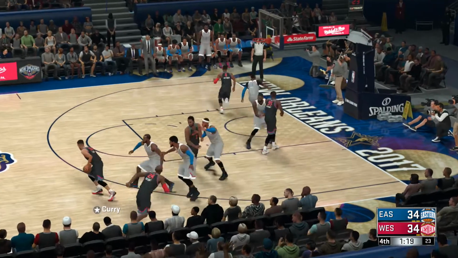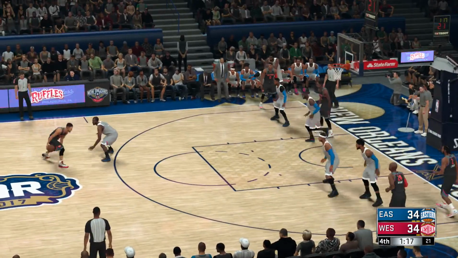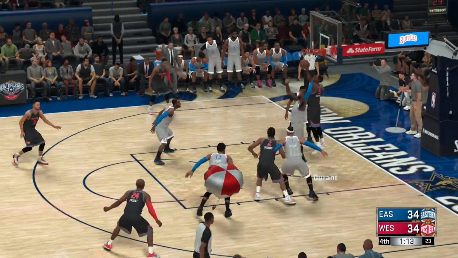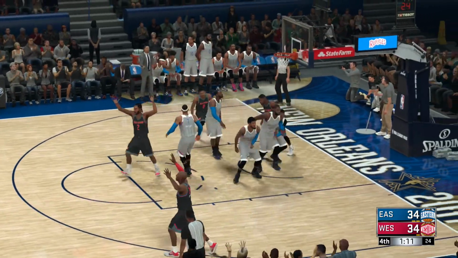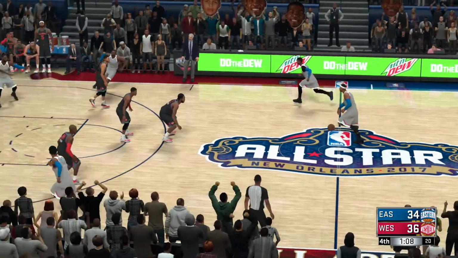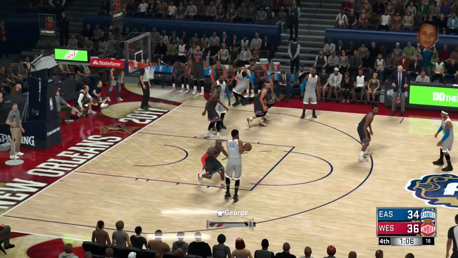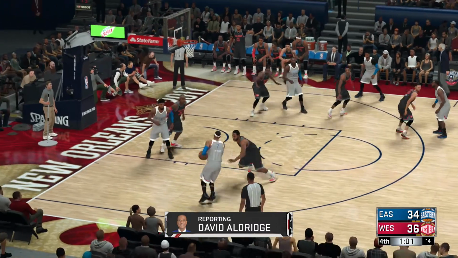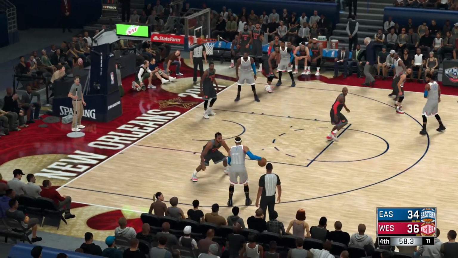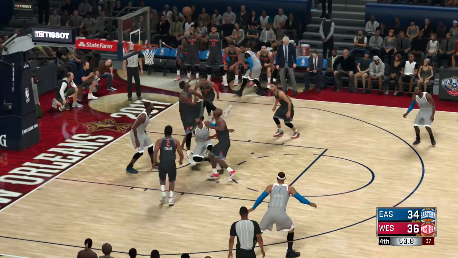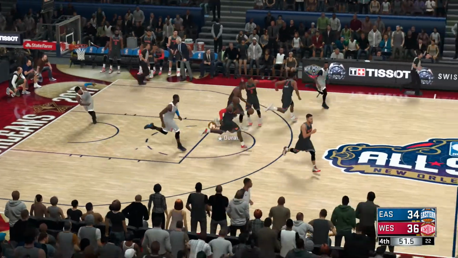So the West ends up going with the new group. A big group substitution here for the East. James checked in for Drummond. Carmelo Anthony comes in for Chris Bosh. George is checked in for Paul Millsap. And Dwayne Wade subbed in for Jimmy Butler. He gets a chance now to catch up with the fourth member of our crew, Hall of Famer David Aldridge. During that break, Greg Popovich really had some strong advice for his team. He told them, hey, this game is there for you, but we got to go get it. 50-50 balls, getting to the basket. We have to give it all right now.